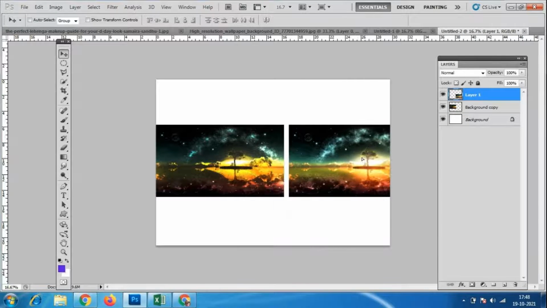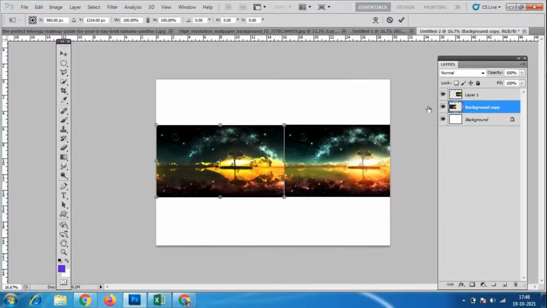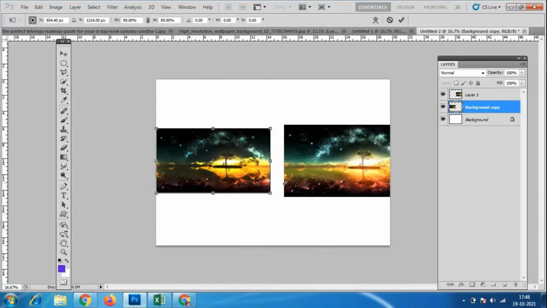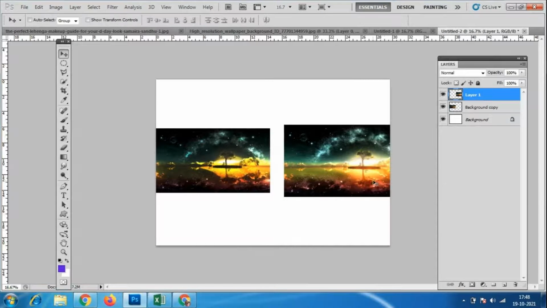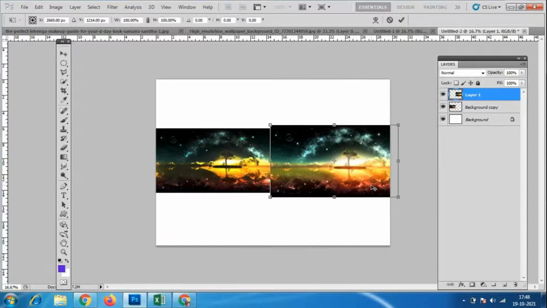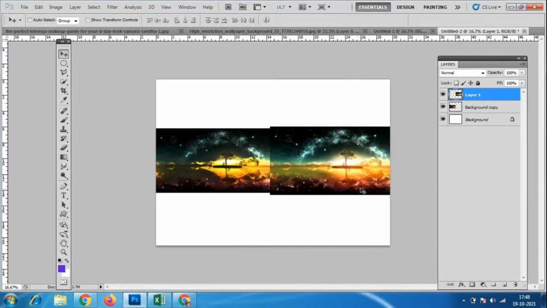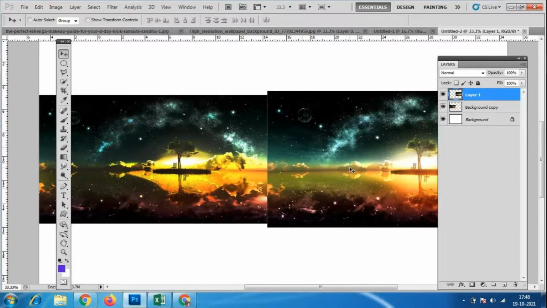You have to select the layer and reduce the size a little bit. You have to present it like this: how it was before, and how it is after.